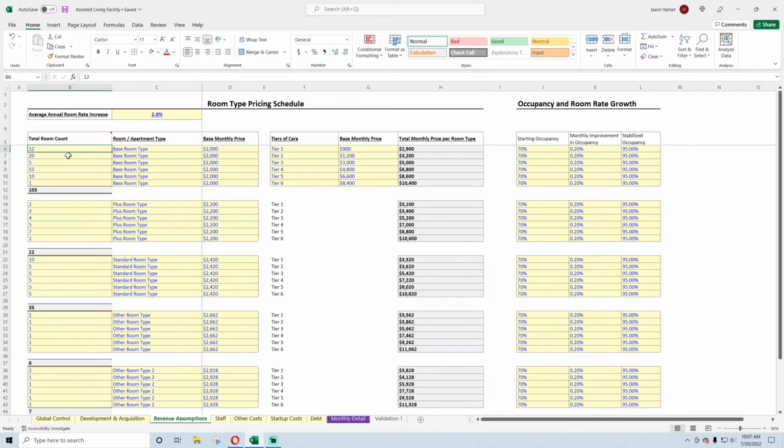So we have the total room count. We're going to have to granulate. Actually, all these are going to be different because they all have a different monthly price. Also, occupancy, all this stuff. So this is going to be pretty extensive. Let me think here. Well, let's just start with